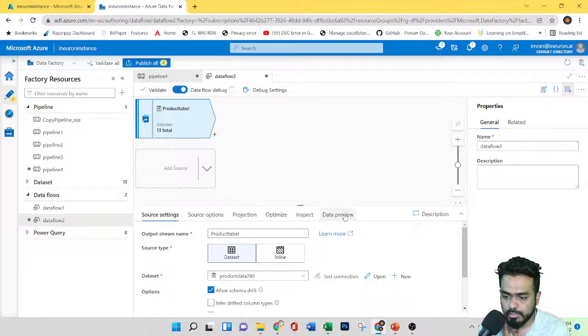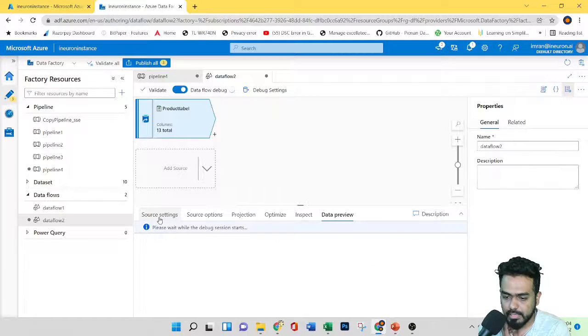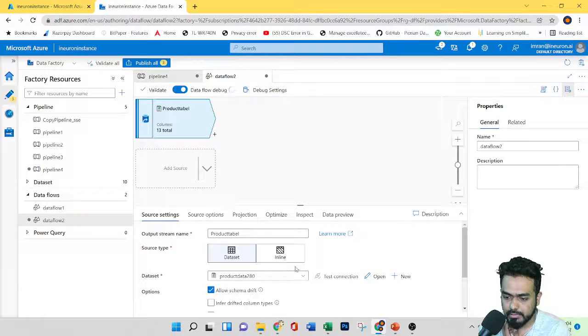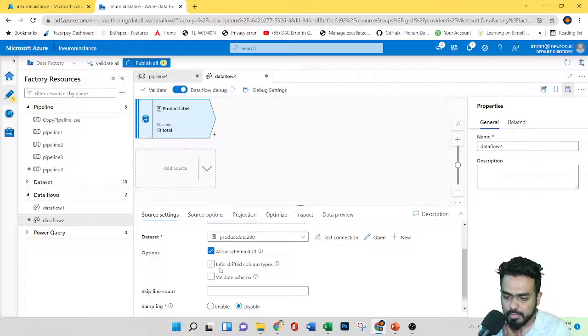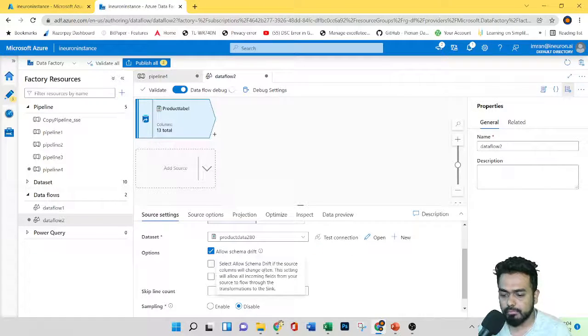Right now I can't click on preview data because it's still running. So meanwhile, let's go through the options. We have allow schema drift. Select allow schema drift if the source columns will change often. These settings will allow all the incoming fields from your source to flow through the transformation to the sink.